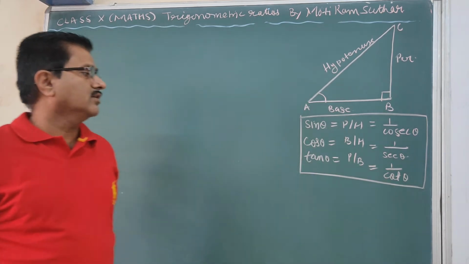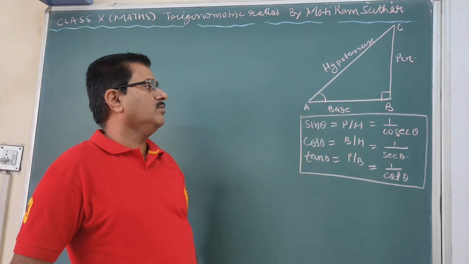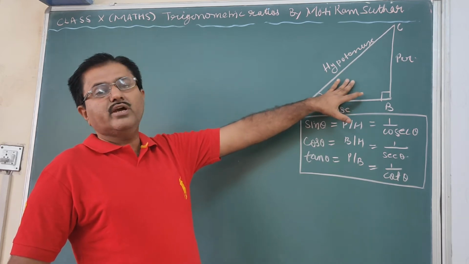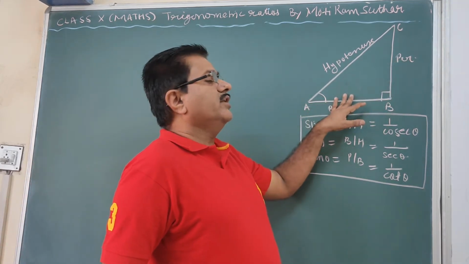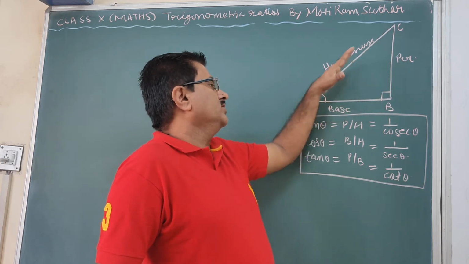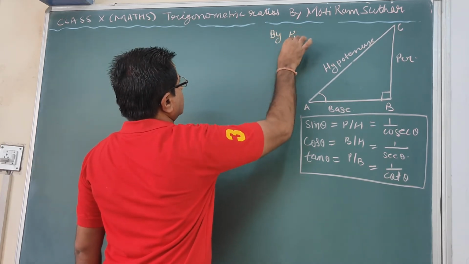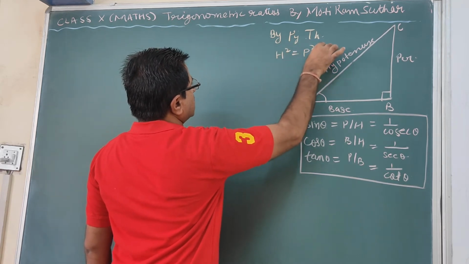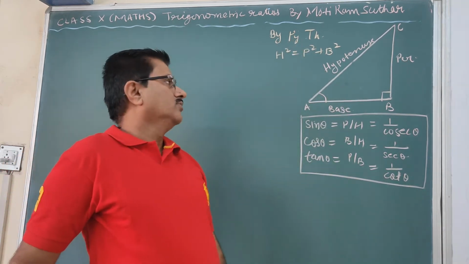So dear students, we have to use these formulas for solving different types of problems. Also, you know, if this is a right triangle, then we can use Pythagoras. Pythagoras means if we are given any two sides, we can find the third side with the help of the Pythagoras theorem. Clear? What does the Pythagoras theorem say? Hypotenuse square equals perpendicular square plus base square. So we only have to use these two and we can solve different types of problems.